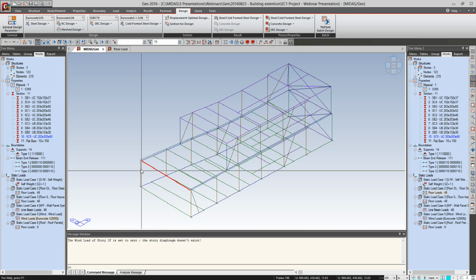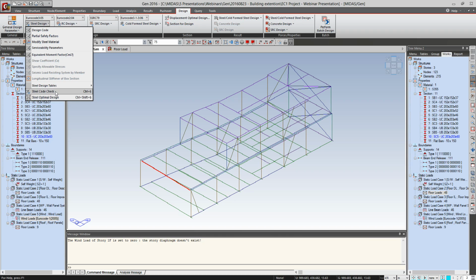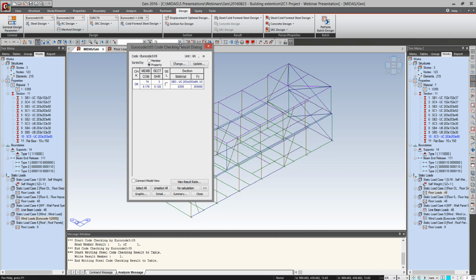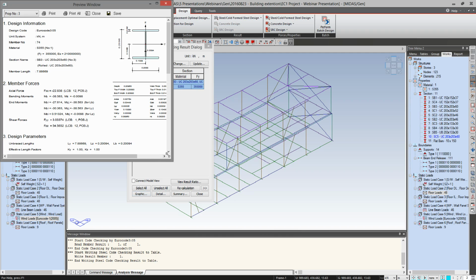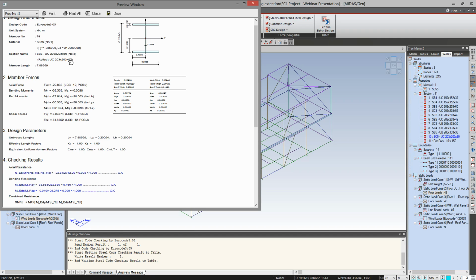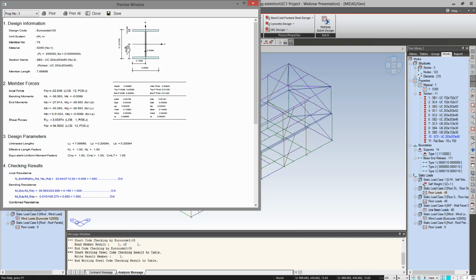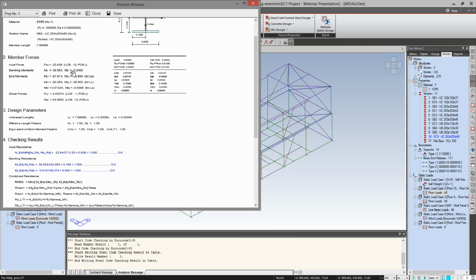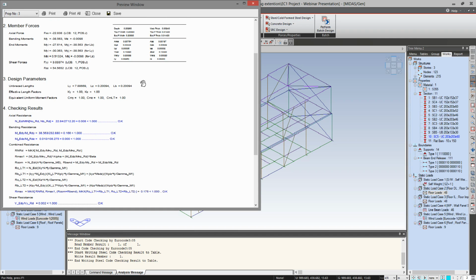So we say we have an element, we carry out the steel design check, and we can see the checks either in graphic format. We can see information about the units of system, which member we're analyzing, material properties, section properties. We can see the section properties also in a graphic format, the design loads used, and also the design parameters,